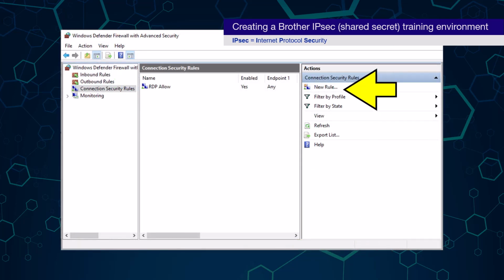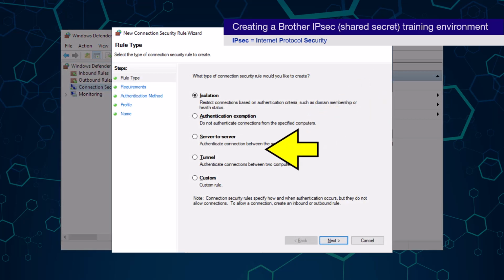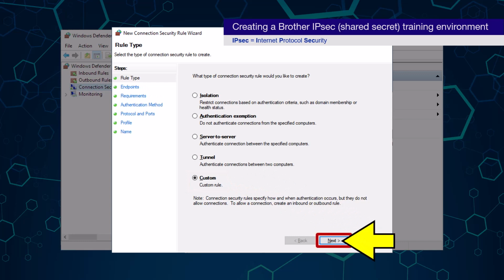I'm now going to create the corresponding IPsec connection security rule by clicking the New Rule option again. Like before, I'm going to click the Custom option and then click the Next button to continue.